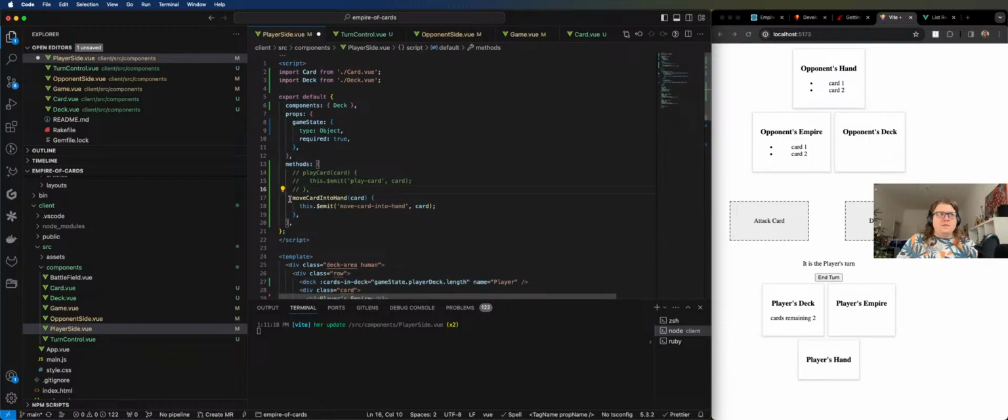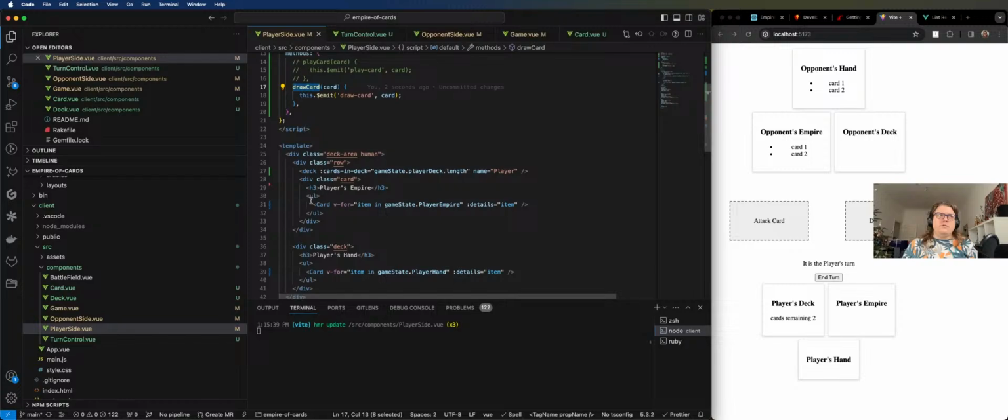Okay. So instead of move card into empire, it might just be like draw card, right? Because you're drawing it from the deck into your hand. I think that's going to be easier to understand. Draw card. We're going to change this event as well. Draw card. So on click of the deck,